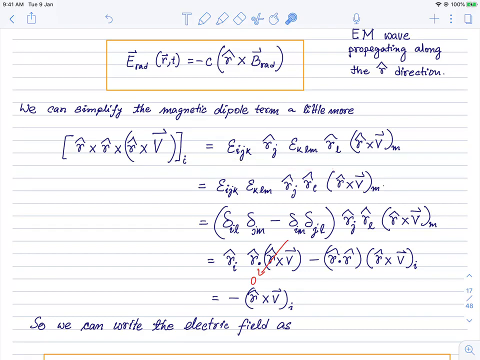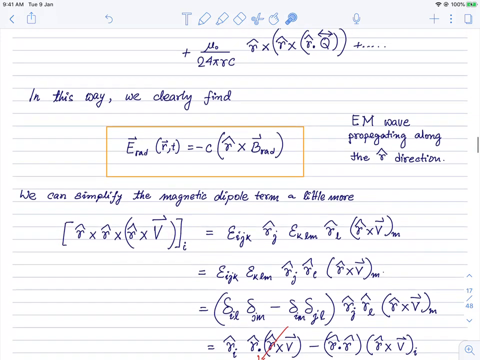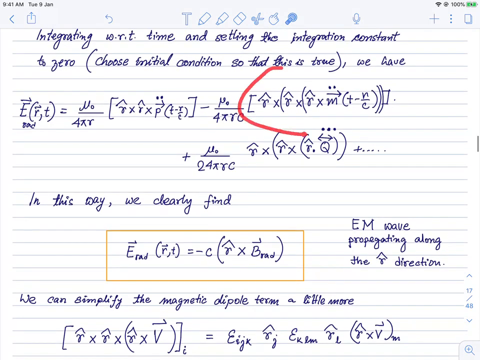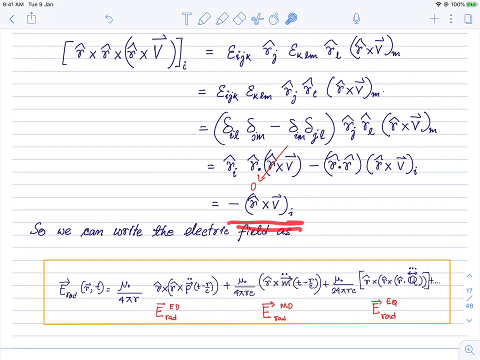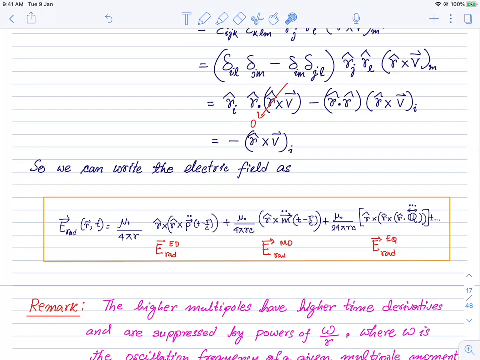So if you just do it and simplify, you will see that this 3 r cross just reduces to 1 r cross, given any vector. For this term here, this v vector is this m double dot. So for that it reduces to this thing. Therefore we change this term and write it in this way. So again, the electric field also has the same form as the magnetic field, but